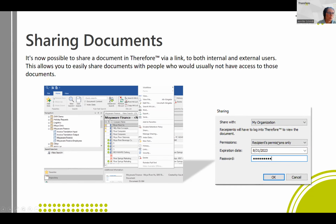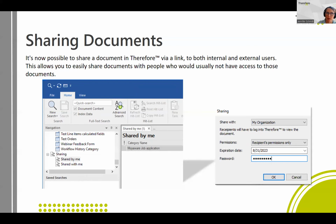If you're sharing with people in your organization, you can also select which permissions they have, whether it's only view, edit, or whatever permissions they would usually have. So it's a very powerful feature, especially since you can easily share it with so many people outside of your organization. Now, one of the concerns that people might have when they hear about sharing documents is